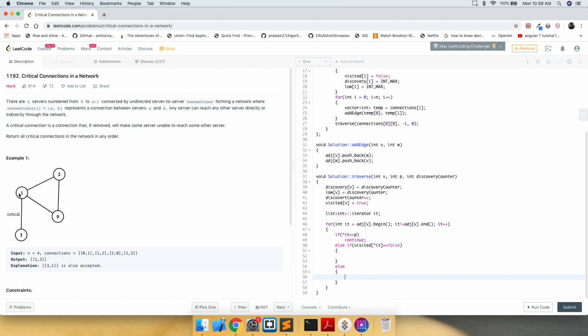One is we see a connection between 1 and 2, so the value could be 2, or it could be 0 or 3. If it is 2, we are just going to continue. Why? Because we have already come from 2, so 2 is already our parent. We have already updated the value of discovery and low for 1 through 2. So we are not going to get any update from here, so we just ignore it and continue.